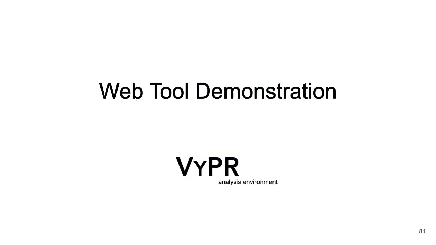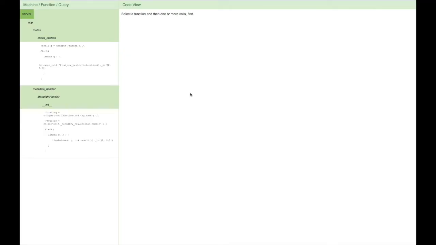We'll now give a live demonstration of the web tool being used to analyze the performance of a service used at the CMS experiment at CERN. So this is the first screen that you see when you open the VyPR analysis environment. So we see that on the left we have the list of specifications written across our service. So this is the service that we've applied VyPR to in our CERN case study. And on the right here you see an area where we will soon see a specification being listed as well